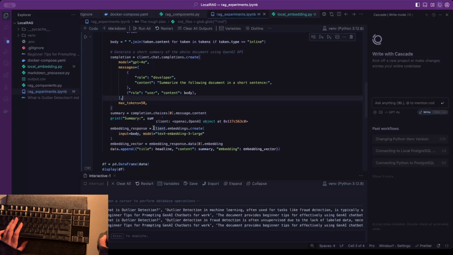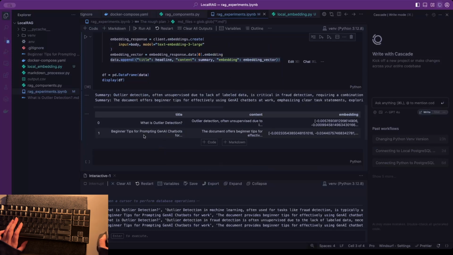And then of course one of the most important parts is we created an embedding, also using OpenAI for now. We used the text embedding 3 large model and created an embedding response, and then we put all of this into a pandas data frame. This then looks like this. We have the title, what is outlier detection, and beginner tips for prompting, and then we get a summary that you can also see up here, just a 1 or 2 sentence summary, and the embedding vector, which I think is